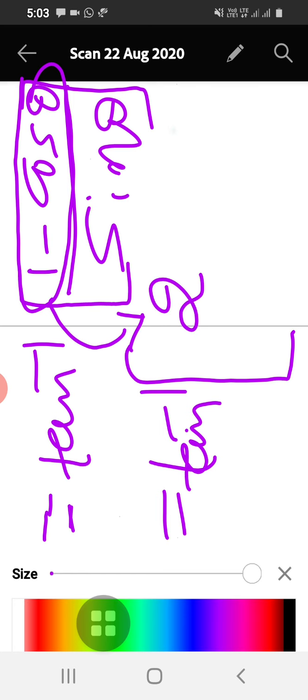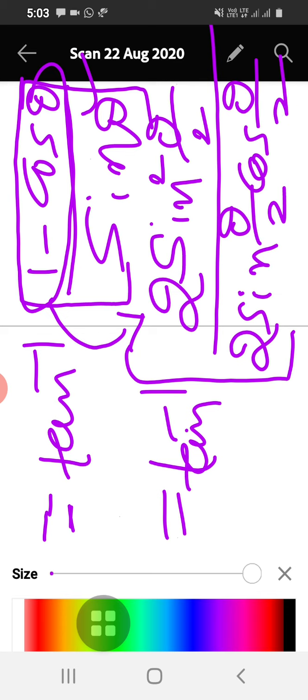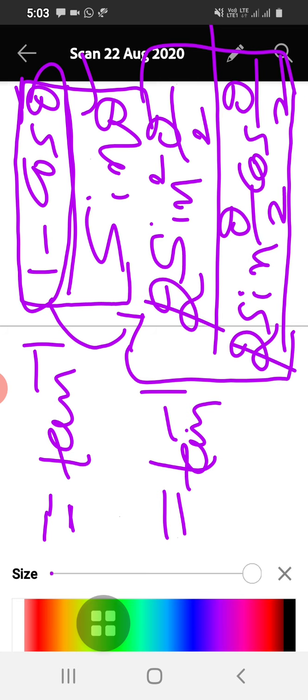So 1 minus cos theta can be written as 2 sin square theta by 2, whole divided by, and in the denominator I have only sin theta. So sin theta can be written as 2 sin theta by 2 into cos theta by 2. So these are the submultiple angle or half angle formulas that I have written in the numerator and denominator. So instead of 1 minus cos theta, the formula is 2 sin square theta by 2, and instead of sin theta I have used 2 sin theta by 2 into cos theta by 2. So here 2 cancels and one sin theta by 2 cancels. So what is remaining in the numerator? I will write in the next step. 2 cancels, sin theta by 2 cancels.